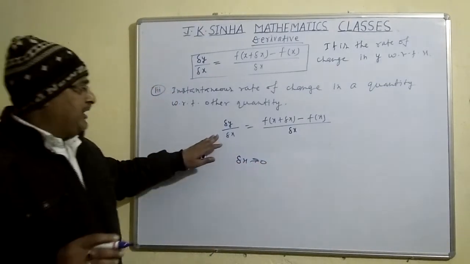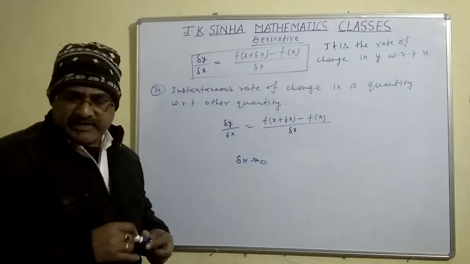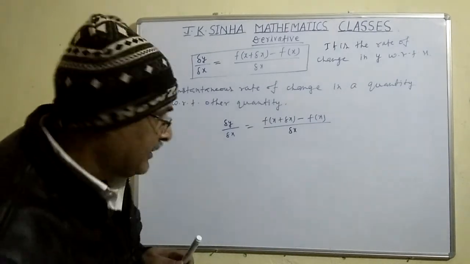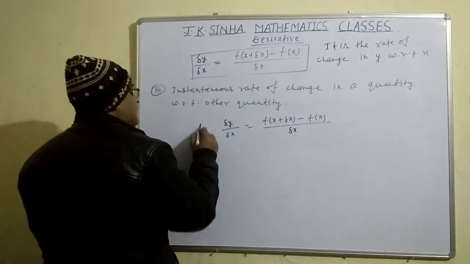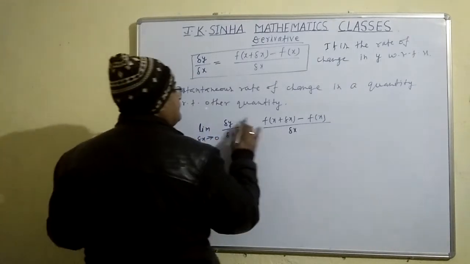So when we take limit del x tends to 0 on both sides, we get limit del x tends to 0